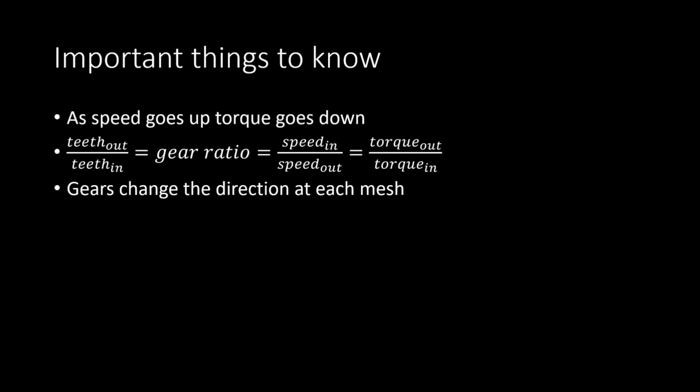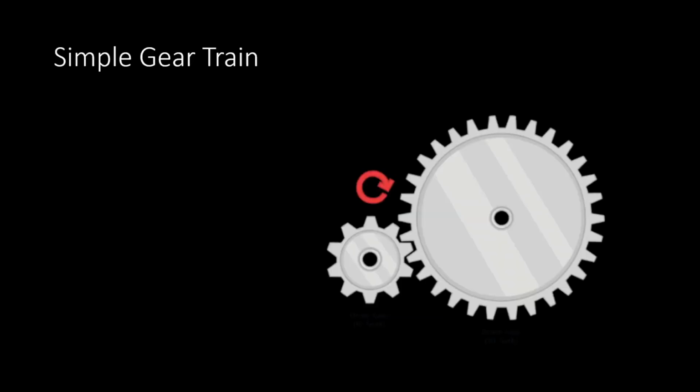Another important thing to know is that wherever gears mesh, they will be turning in opposite directions, and we'll go a bit more into that in the next slide. So in this slide, if you see this gear, it says it's going to be turning this way, and this is a 10-tooth gear and this is a 30-tooth